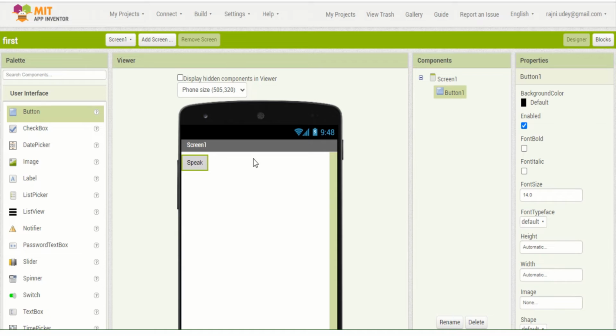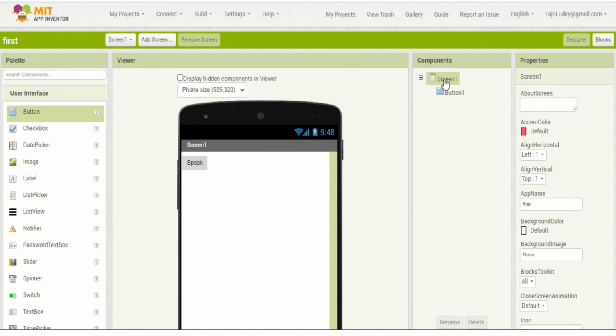If you want to put this button in the center of the screen, you can click on Screen1, and then click on AlignHorizontal. When you click on center, my button will go to the center position of the screen. And if I want to make it right aligned, if I want to put it on the right side of the app, then I can select right. Now I want the button to be in the center position.